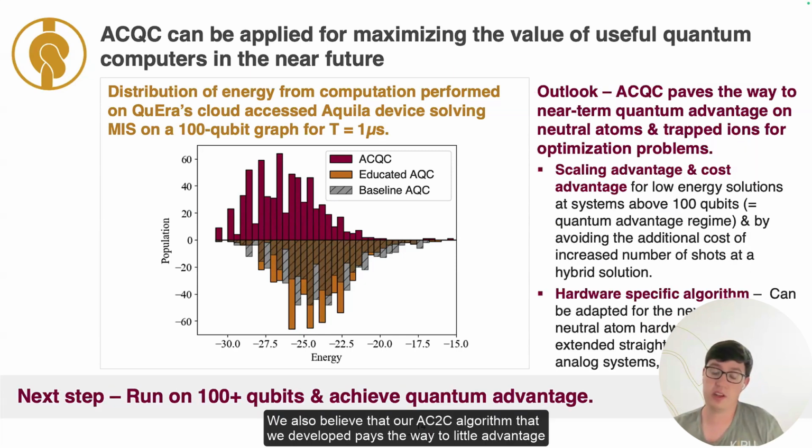We also believe that our ACQC algorithm paves the way to near-term advantage with analog computers for certain optimization problems. The steps we are taking are to adapt our algorithm to the next generation of devices, like adding the local detuning feature of the QuEra devices. And we believe that when we can start solving real-world problems with 150 qubits plus, we will heavily approach the